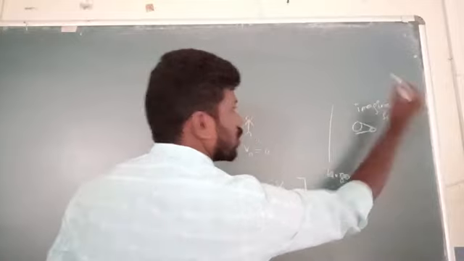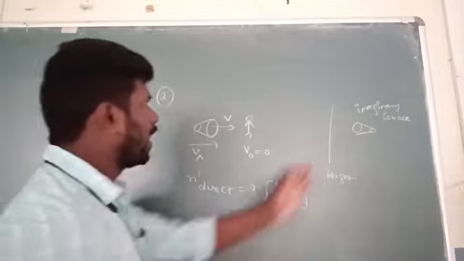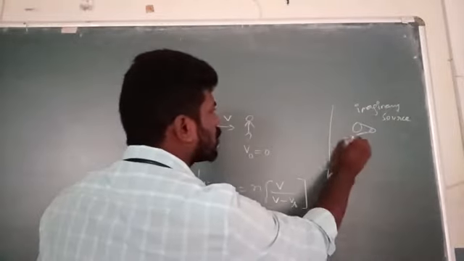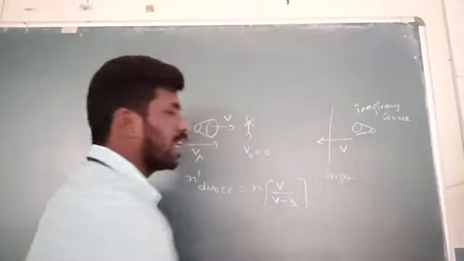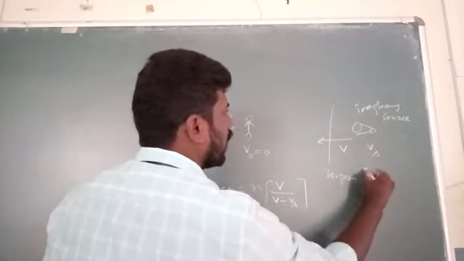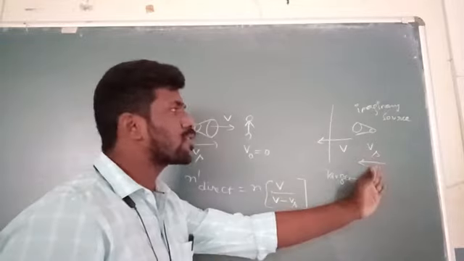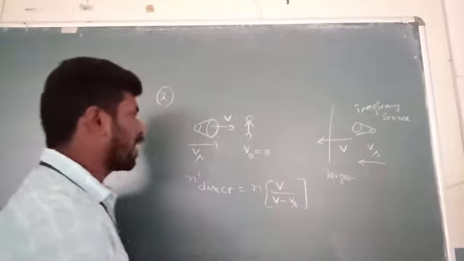Imaginary source. Here the imaginary source also produces a velocity of sound, that is a reflected wave. Observe here, this is the Vs. Why? Because it is an imaginary source. Imaginary source and reflected wave are in the same direction.